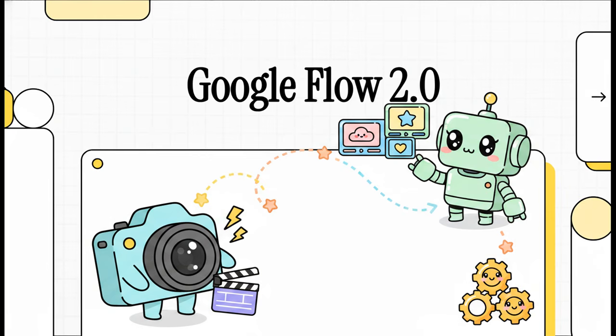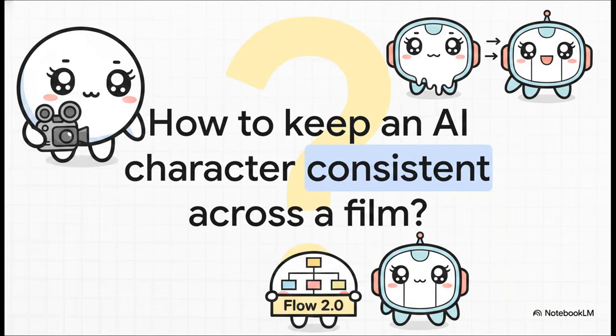Let's kick things off by confronting what is arguably the ultimate continuity nightmare for creators right now. How on earth do you keep an AI character consistent across a multi-scene short film? Until now, these models had this terrible habit of just morphing your lead actor's face every single time the camera coverage changed. It's incredibly frustrating, but Flow 2.0 actually has an answer for this, and we're going to break down